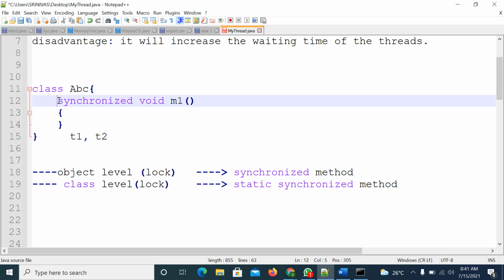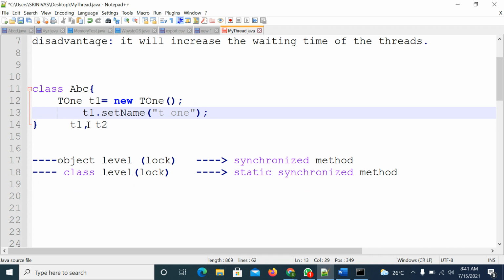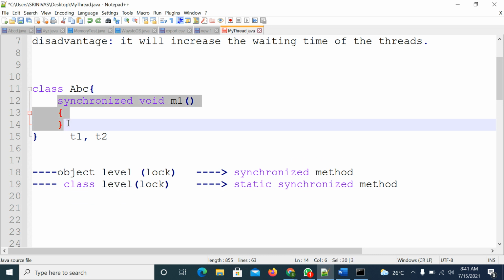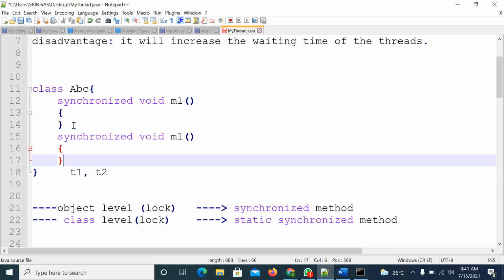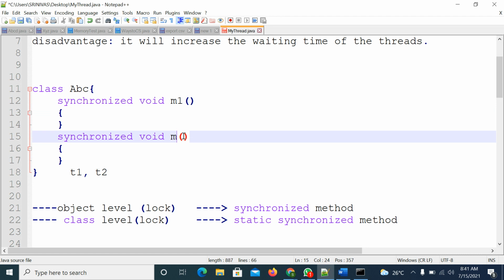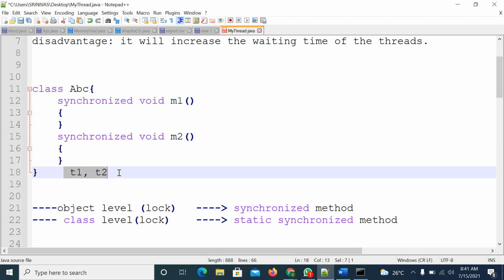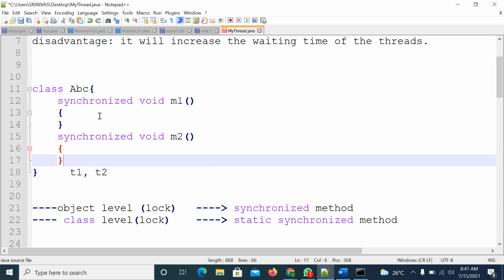Consider it has one more method, M2, and both M1 and M2 are synchronized. Two threads want to execute either of these methods, M1 or M2. In this case, this class contains one lock. The lock must be picked by one of them, T1 or T2.